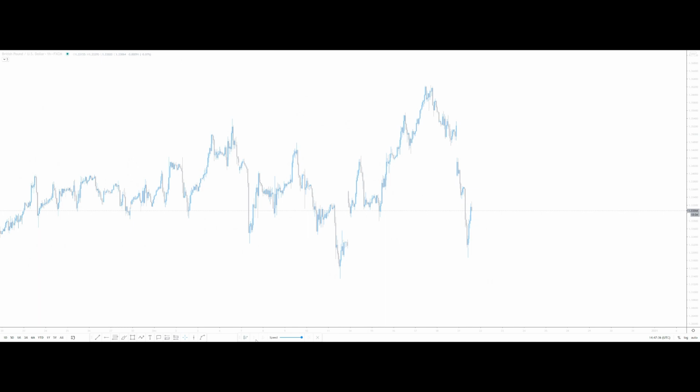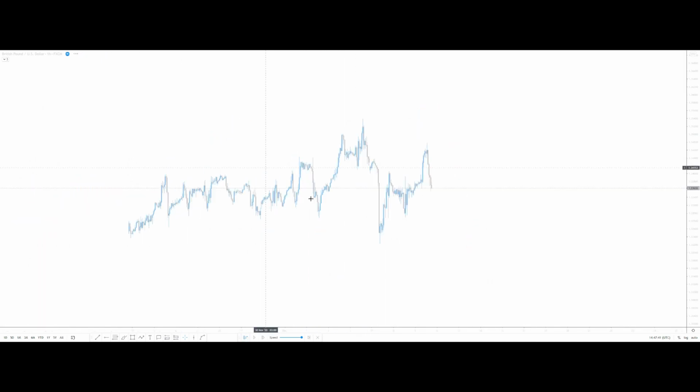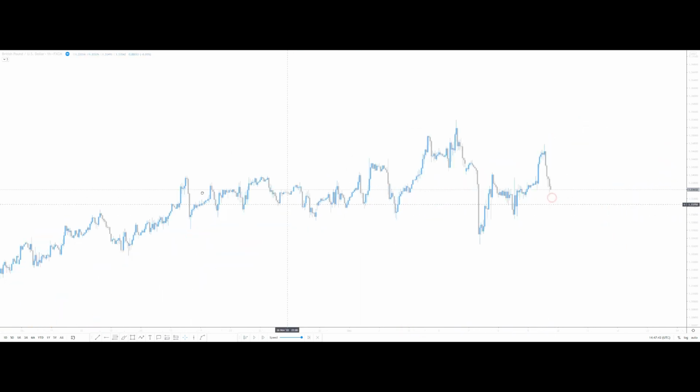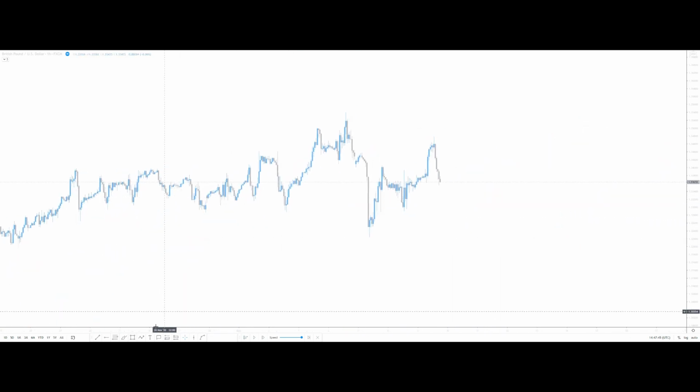Okay, so this is GBP USD. Now I've done the breakdown for this trade before, so I'm not going to go into how to actually trade this, but what we can see is we have a very clear OB sitting here, and obviously when I cover the wick,